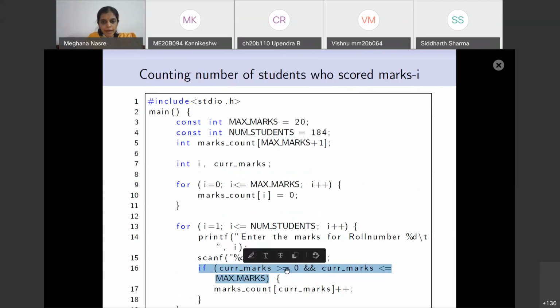So if current marks is greater than or equal to 0 and it is less than max marks that we have agreed to, only then should we access the array marks count with that index and increment the appropriate value. Otherwise, we should skip that value, right? If you write this if statement, only then it is going to skip marks which are outside the range.